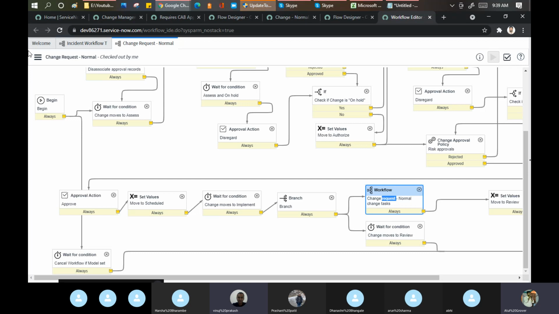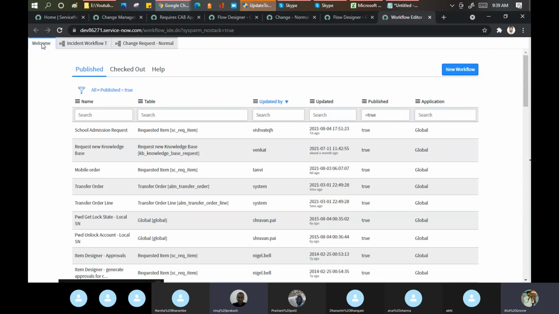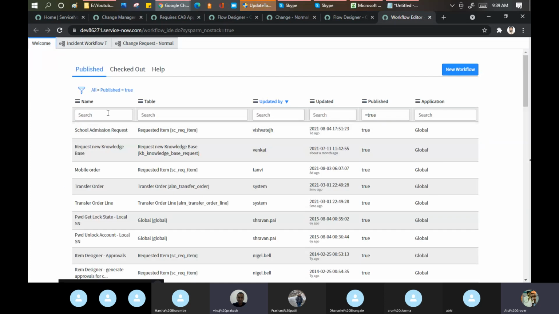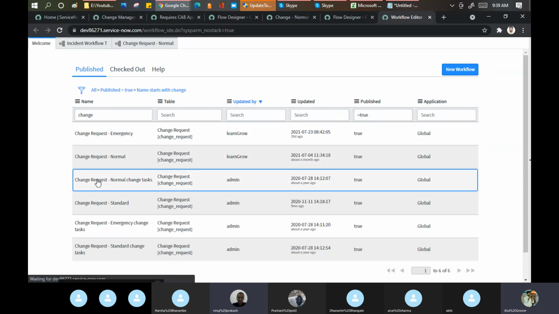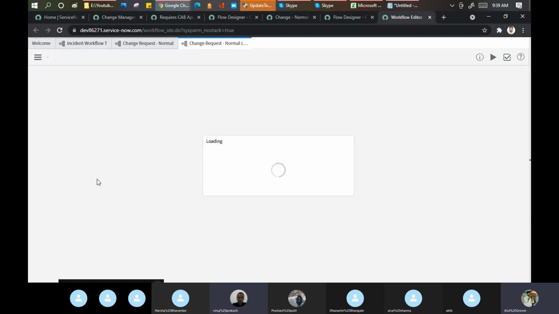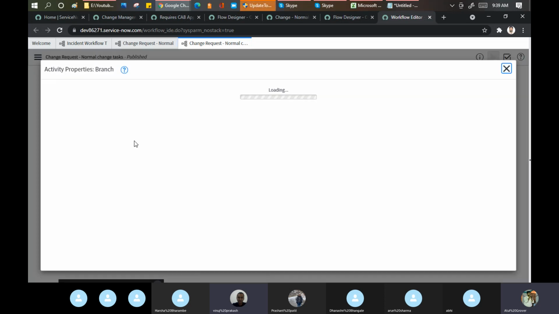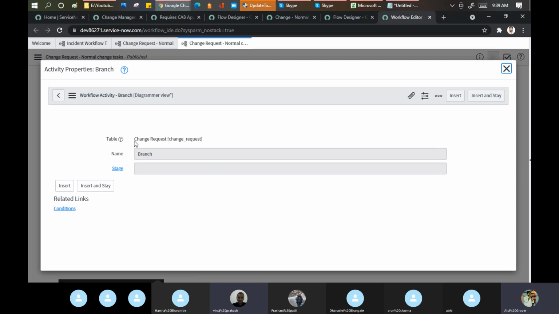Let me close this and open this one. Change task. Let's see what is the trigger point for this. See, these two tasks need to be created. But I'm looking for when this task will be created.